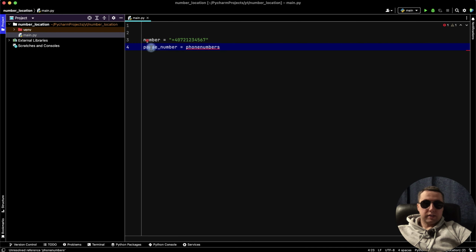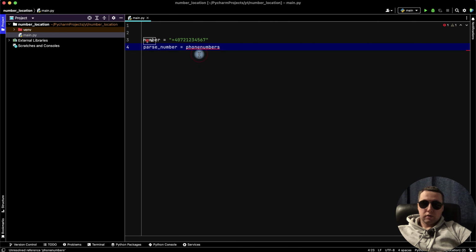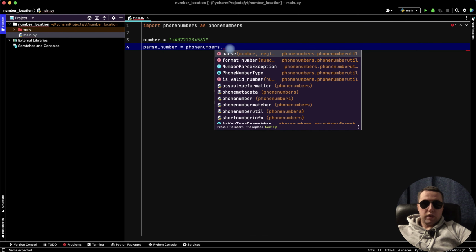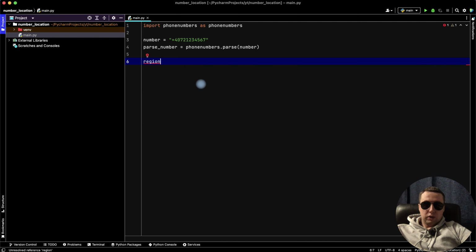Let's import this library. We can install and import the package phonenumbers with a hint, or we can run the command in the terminal: pip install phonenumbers. It's the same. The library was installed, then let's parse our number, and next we find the region of our number